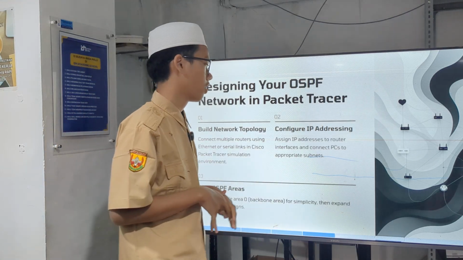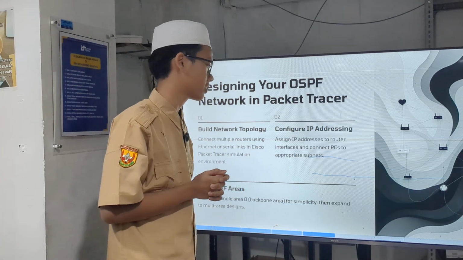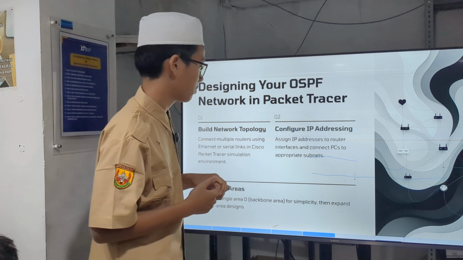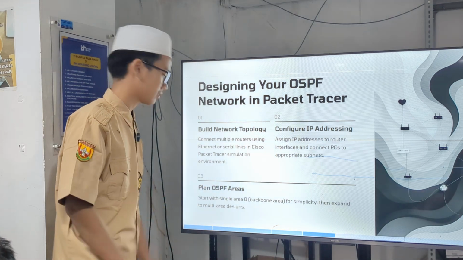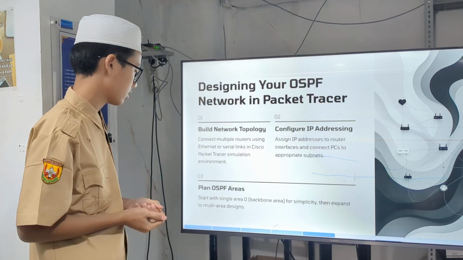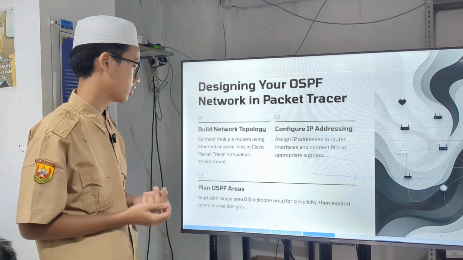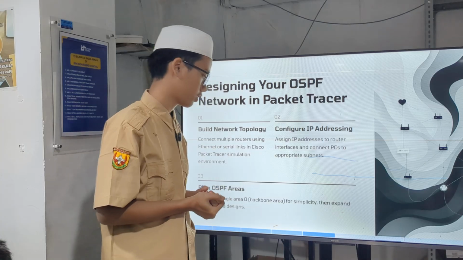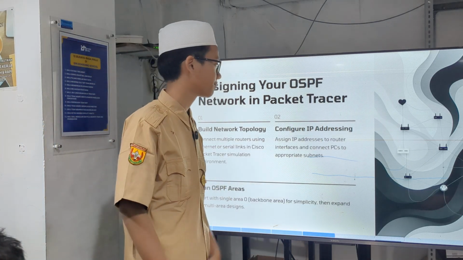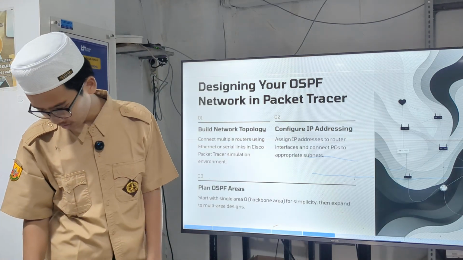Next is configure the IP addresses: assign IP addresses to router interfaces and connect PCs to the appropriate subnets. And third is plan the OSPF area. You first start with a single area, area 0 or the backbone area, for simplicity, then expand to a multi-area design. So that's the design for your OSPF network.